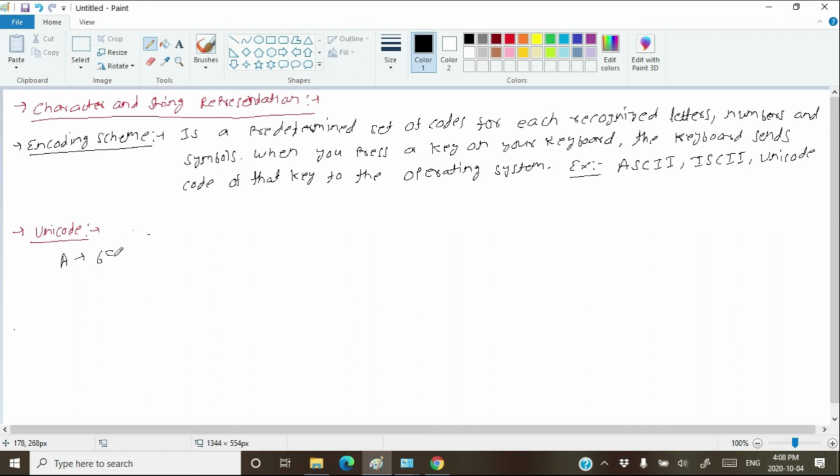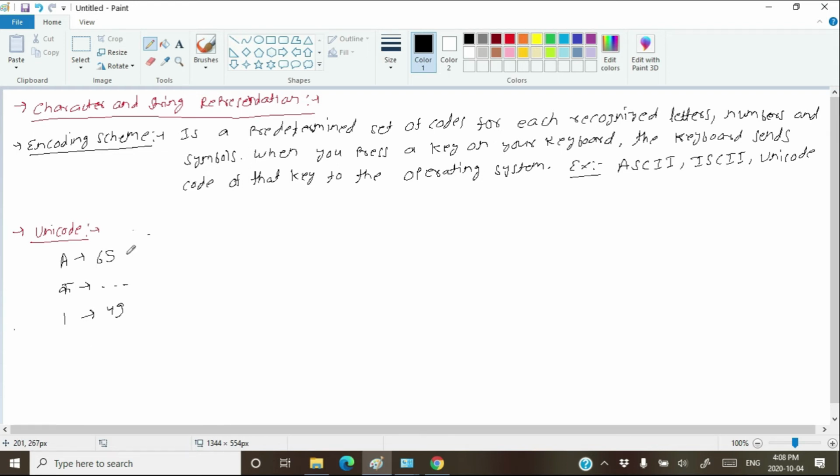Okay, A has 65. A is always 65. Then you have Ka. Ka has a number. We will see. You have something else. 1. 1 has the number 49. Okay. So assign each character of the world a number. And the characters from all the official languages in the world have been encoded in the Unicode.